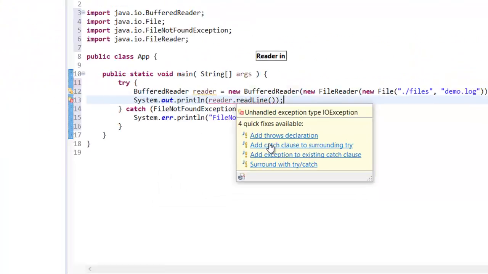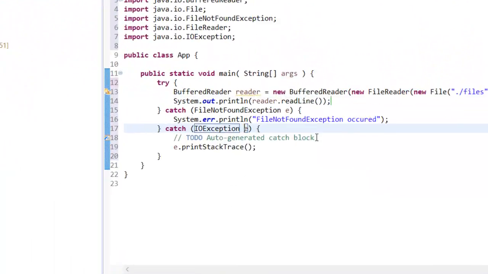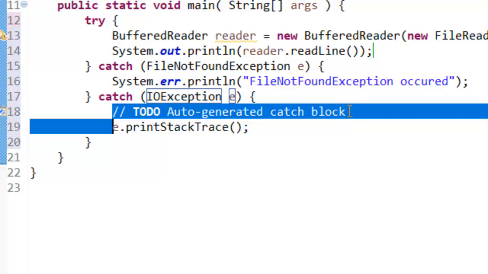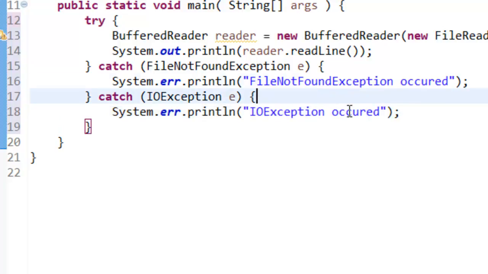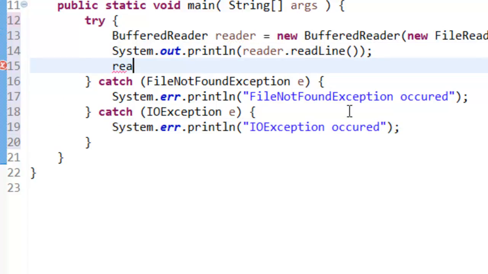So either we can write the throws clause, but I want to handle it. So here this IOException is there, and I want to handle it in a similar way. I am going to print that IO exception occurred. That's it. Okay, now this reader is not closed, so that is why the warning message was there. Now everything is clear, no warning, no compilation error. See, this file is there, there is no compilation error. If we run this,